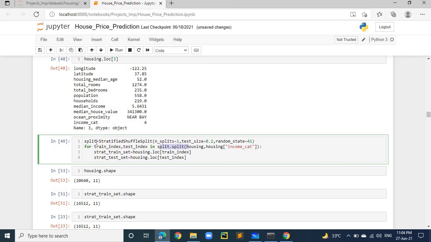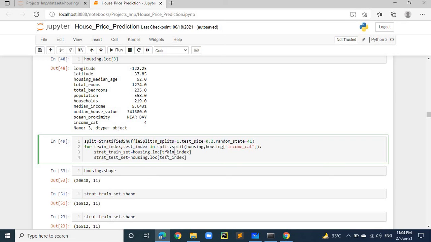This is my object. Now I'm splitting again this object by passing one parameter, my table name, and another, the category. On this category I want to split the whole data by using this function, shuffle and split, with these parameters. And it will return two things: one is the train and the other is the test.